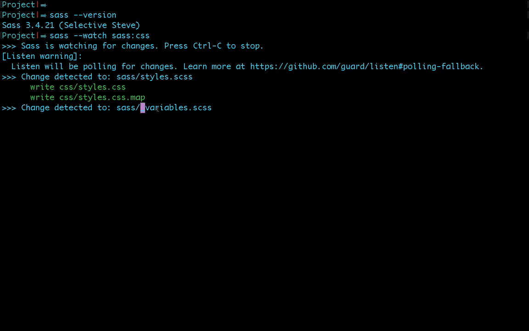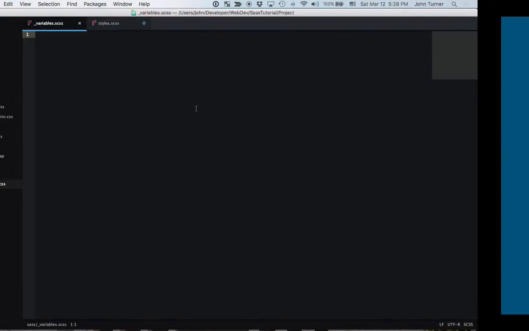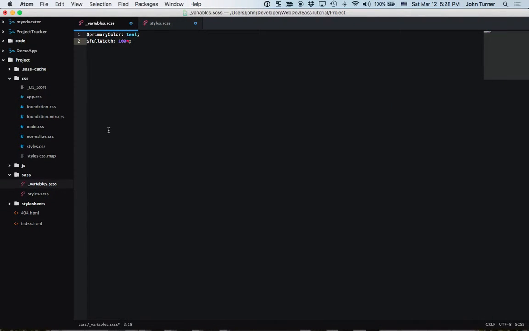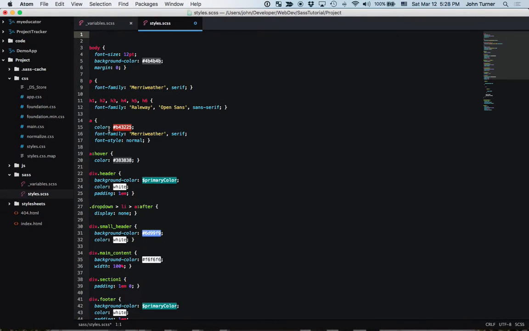If you begin an SCSS file with an underscore, your Sass compiler will say, hey, you know what, this means that this person does not want a CSS file. This is strictly for SCSS. It is known as a partial. It's going to be used in other different places and it does not need to be compiled into CSS. So let's go ahead and paste those values into here. We'll save that. And instead of those values here, we're going to say